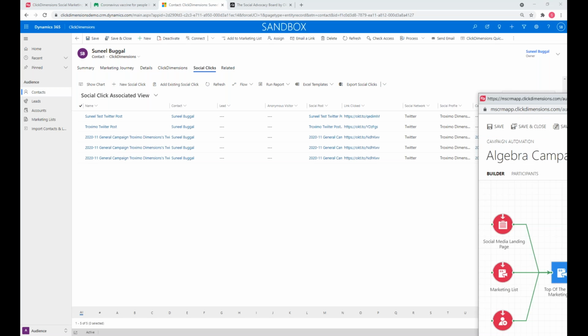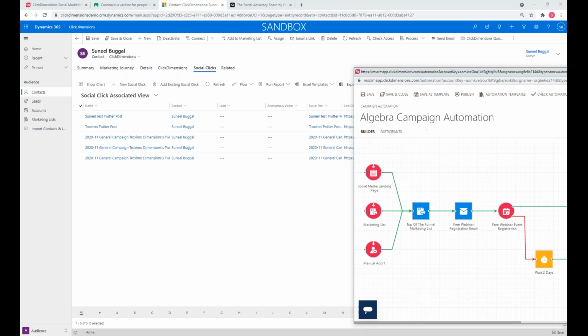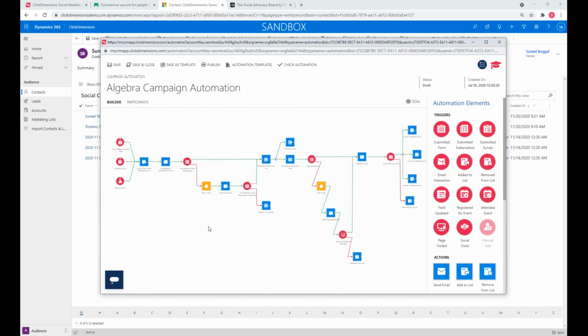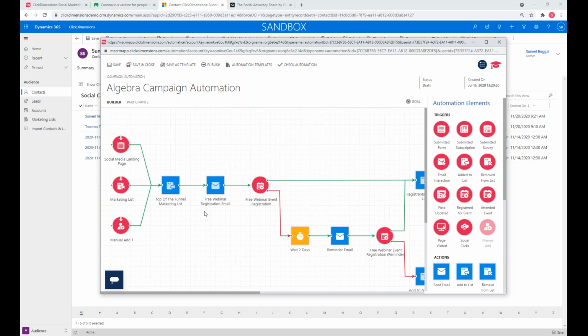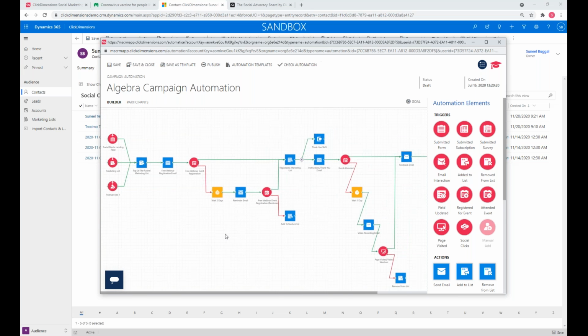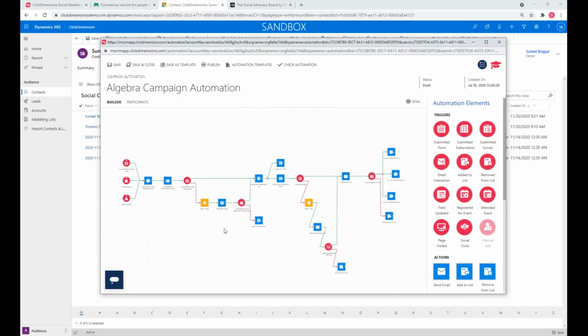What I really like now is we're going into our campaign automations. Now, you guys might have automated campaigns. They may look as weird and as wonderful as this, and they don't have to, right? They can look as simple as maybe it's just this first part here where you just have a couple of emails in this series. But whether or not you're doing email automations today, fantastic. Let's use those. Let's feed people in from social into existing campaigns. Let's not reinvent the wheel. Let's not duplicate efforts. Let's use what you already have, guys.